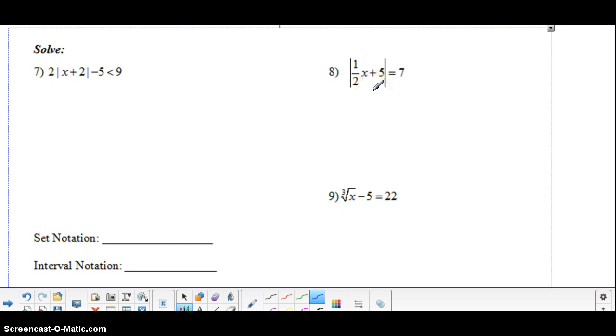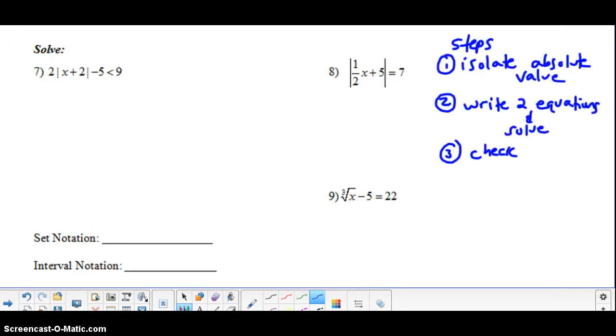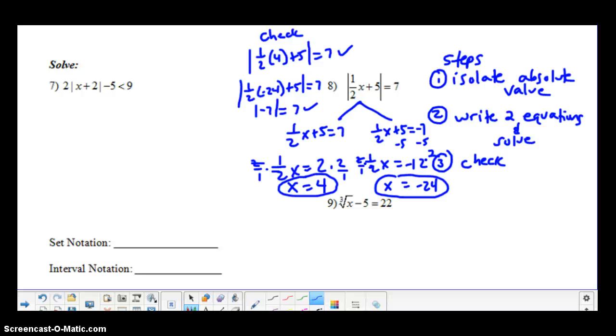So my first step, remember, is always to isolate the absolute value. The second step is to write 2 equations and solve, and the third is to check. Here it's already isolated, so our 2 equations would be 1/2 x plus 5 equals 7, and 1/2 x plus 5 equals negative 7. So now we're going to solve for x and check. Go ahead and try that and bring it back. Okay, so when you solved, you got x equals 4 and x equals negative 24. And then you always want to go and check and make sure you didn't get extraneous solutions. So this worked out. So that would be it for number